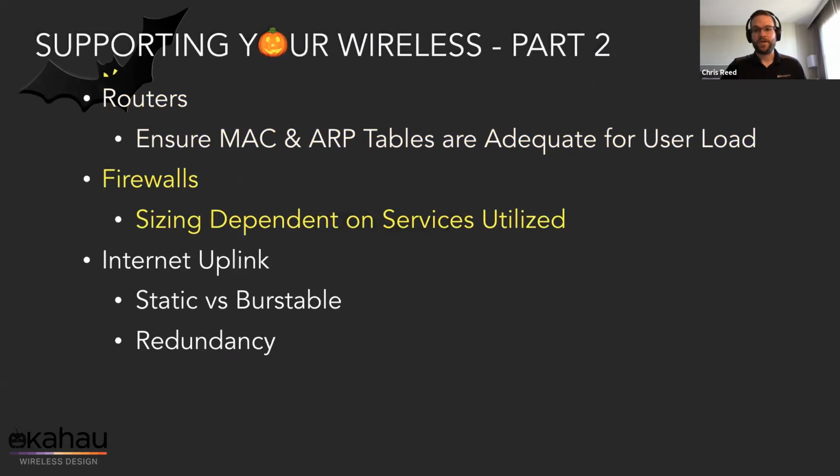Firewalls, again, depend on the services that you're using. If you have no need for any sort of layer 7 analytics, if you don't need to do any inspection of HTTPS traffic, your size of firewall is going to be different. As you start to enable those services, particularly on the firewall side, your available throughput through that firewall is going to be halved easily or more. So again, understand the limitations of the features that you're enabling, and understand the limitations of the firewalls that you're using,